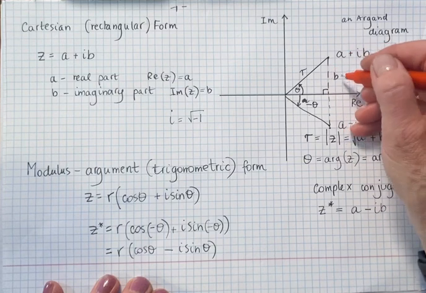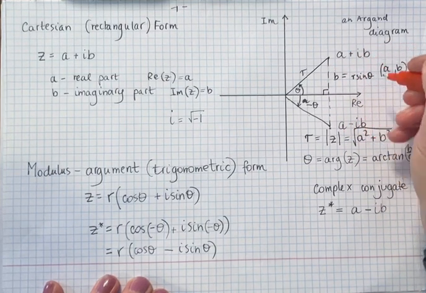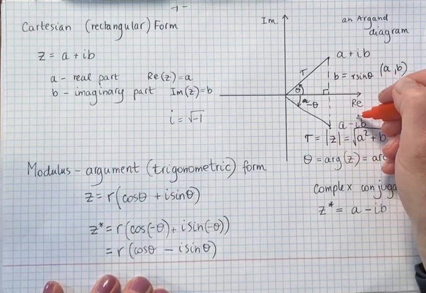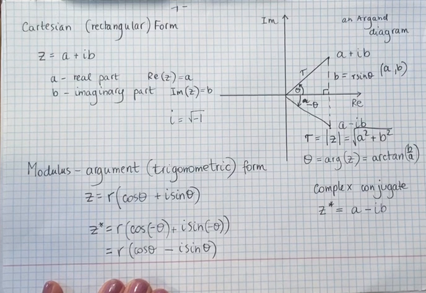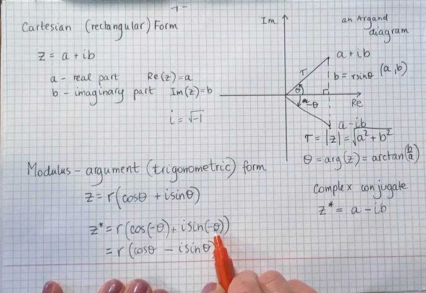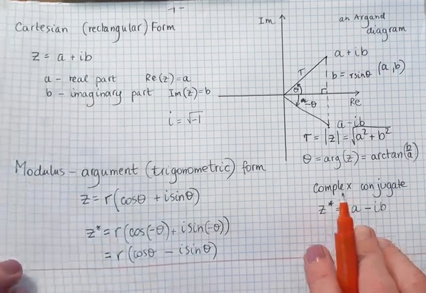So if that is r sine theta, then this one is minus r sine theta. Okay, so these two are equivalent, but this is in the trigonometric form. Okay, so we're going to go